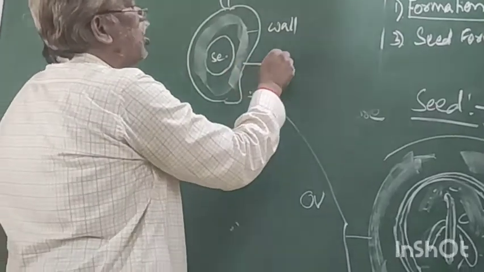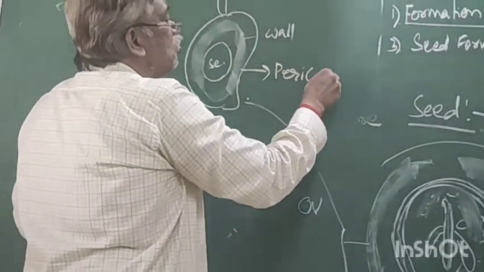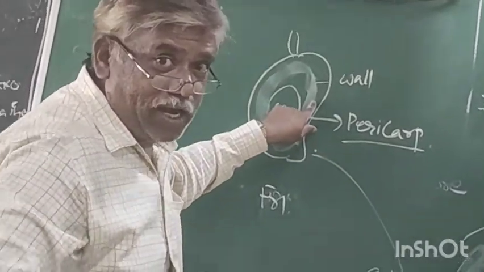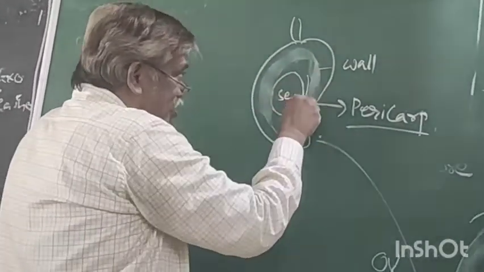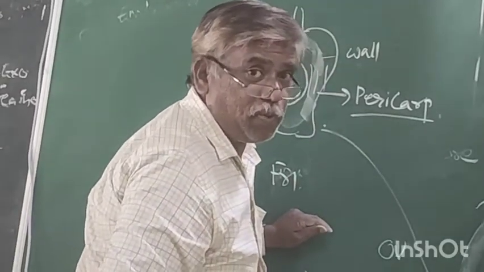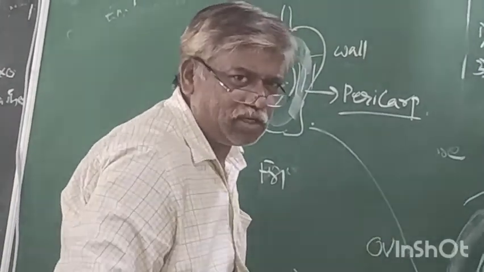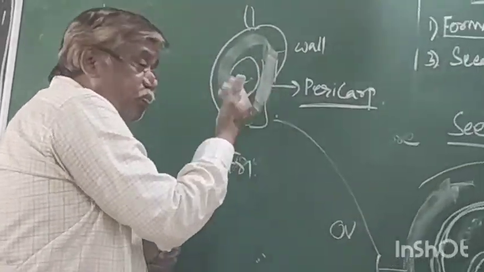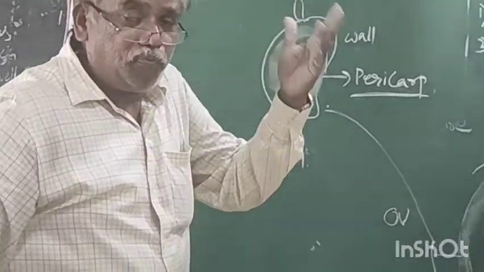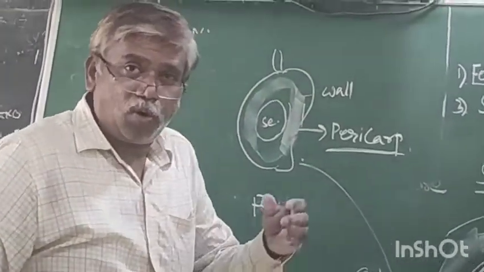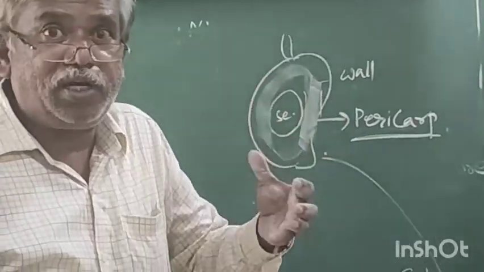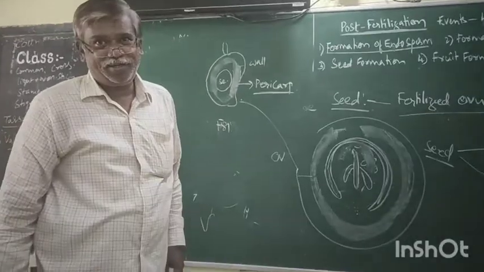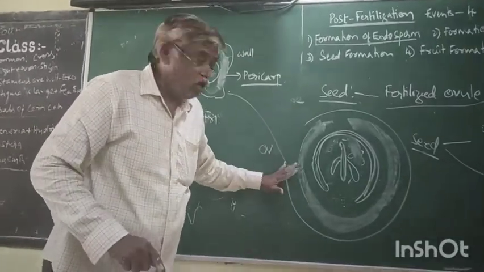This wall of fruit is called pericarp. What is pericarp? Wall of fruit. Again it has 3 layers. You know, epicarp, mesocarp, endocarp. Now, what is this? Pericarp. Today it is pericarp. When you go back 10 or 15 days, it is the wall of ovary. It is the evidence to say that the ovary